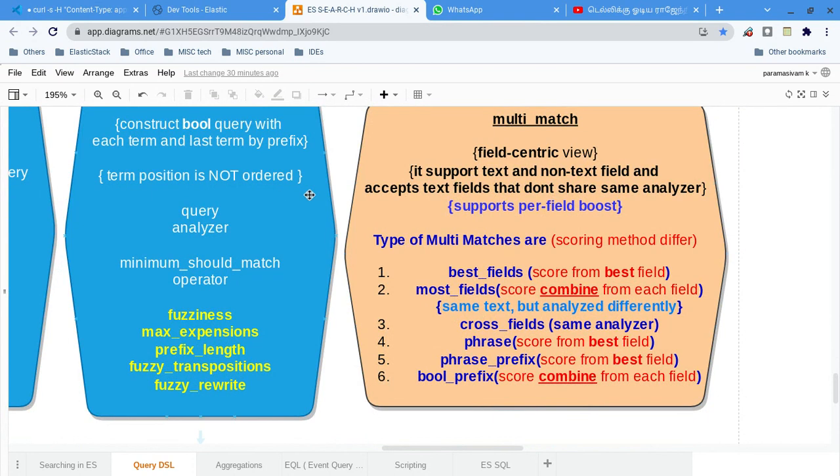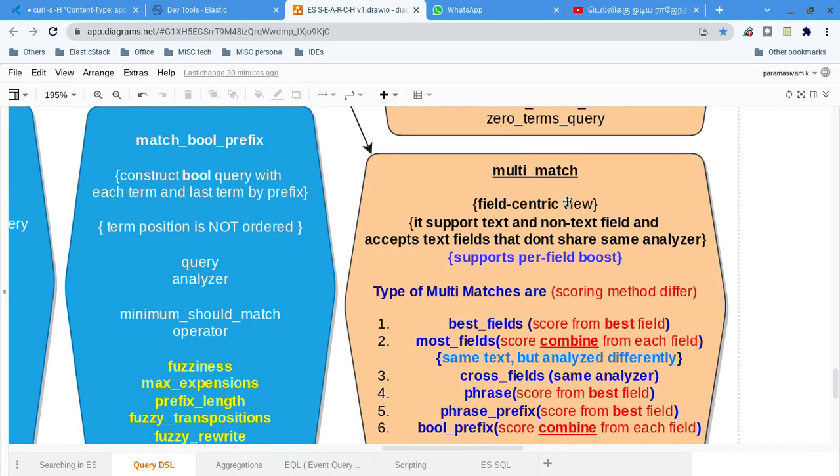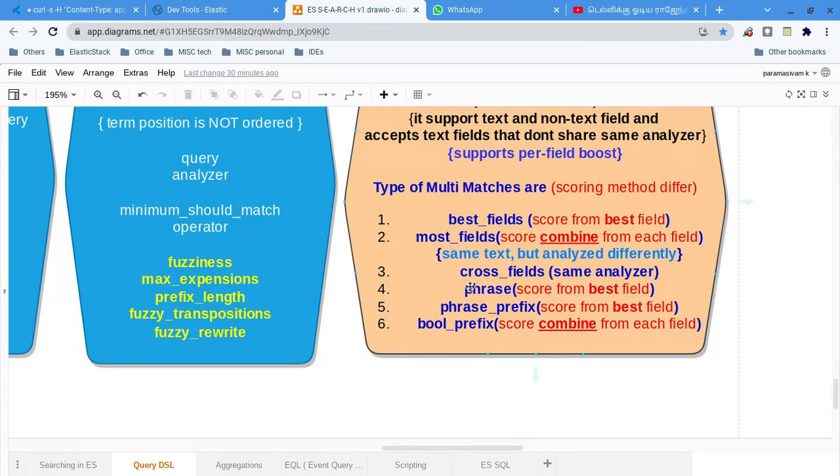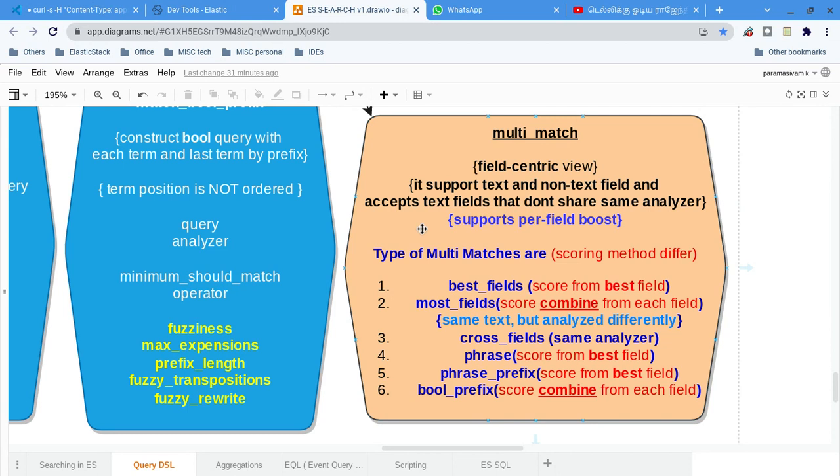We will see in the demo and the documentation. Multi-match is a bit complex, I agree, but I have explained the field centric terms very well. Cross fields is confusing, so I will explain it with the demo and the documentation.